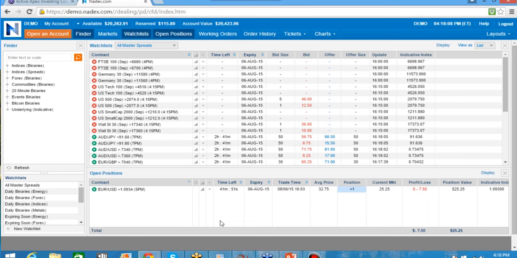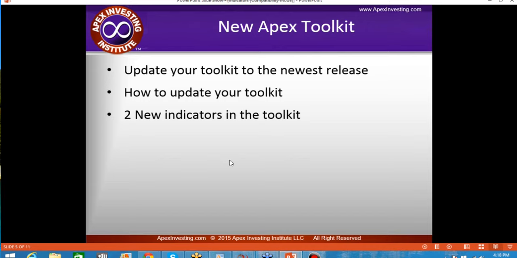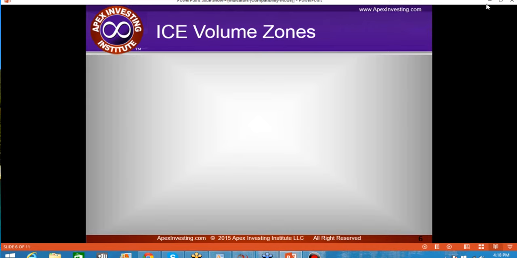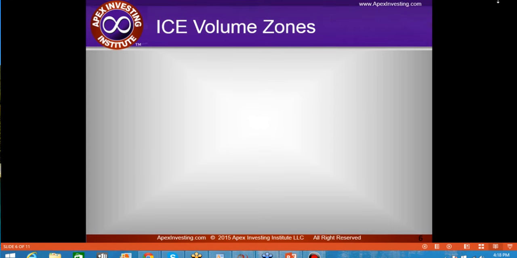So we did release two new indicators. You do have to update to the newest toolkit in order to use them. So if you haven't done that, go ahead and do that right now. Shut down Ninja, upgrade to the newest toolkit. Now, if you're one of our beta testers or pre-beta testers, you won't need to do this. You already have these there for you. Everyone else, the general release dated yesterday, you can upgrade to that, and you'll now have access to two new indicators. And we're going to briefly walk through those right now. Let me just stop and start this video here so we can